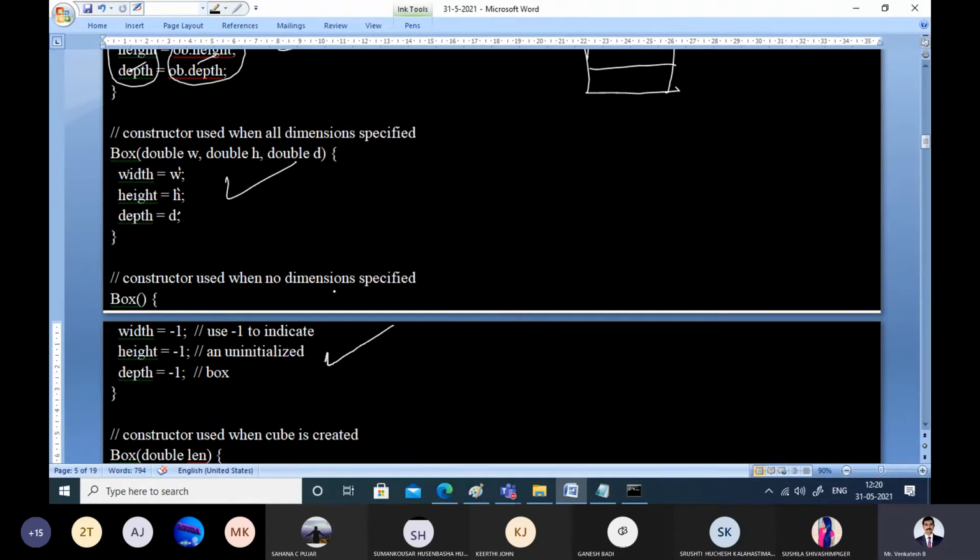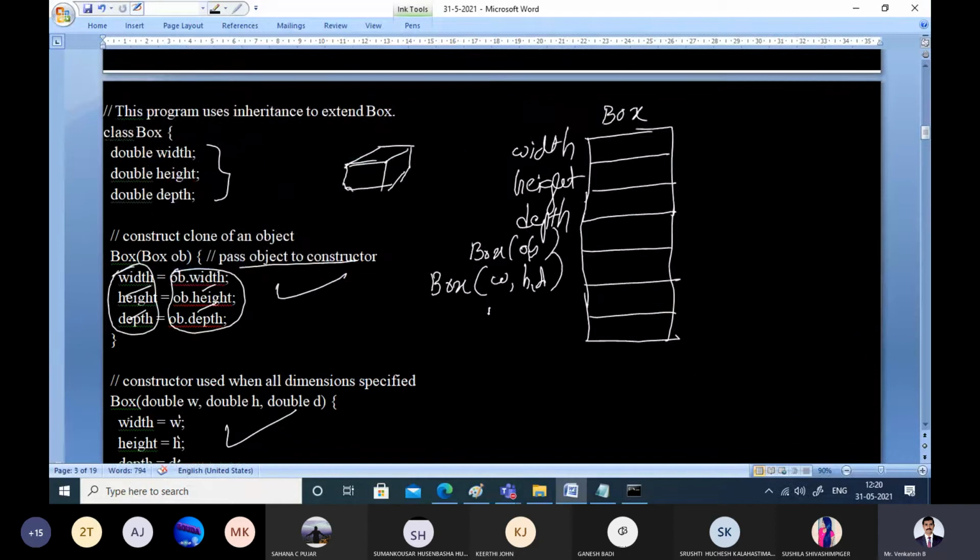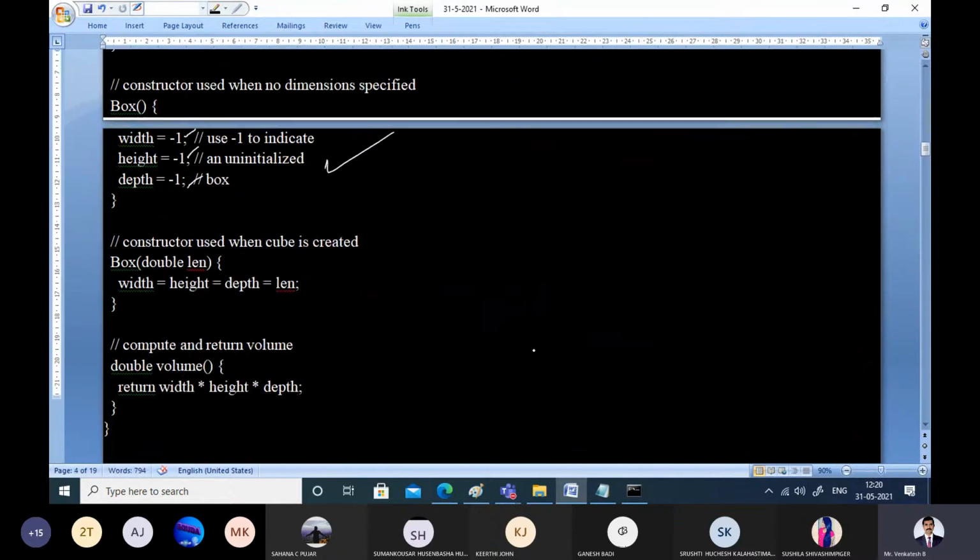The third type of constructor is one in which there are no dimensions. You are not going to specify anything. In that case, every dimension will be initialized to -1 in the beginning. So that is another type of constructor of this box class. Now the fourth type of constructor is the one used when you want to create a cube.